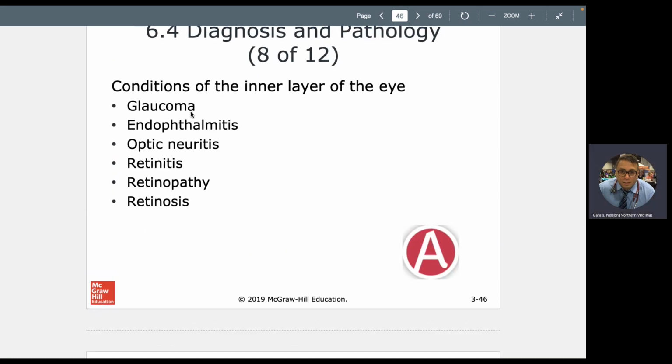Ooh, glaucoma. Glaucoma, I mentioned it. Oma means tumor, but it's not really a tumor. Glaucoma is a disease of your IOP, or your intraocular pressure. If your intraocular pressure gets too much, it tends to